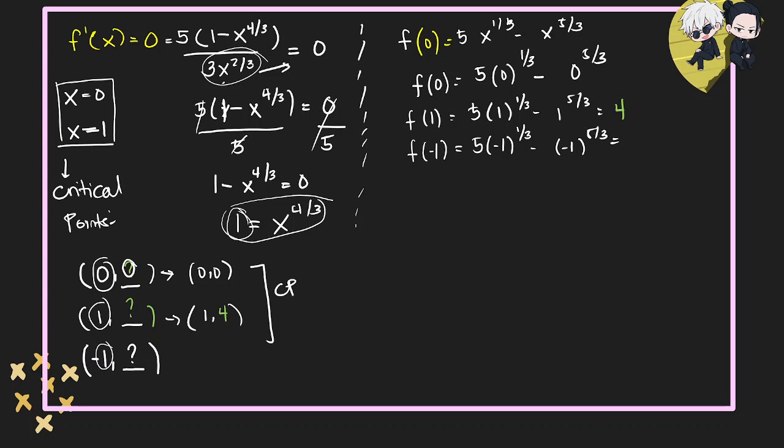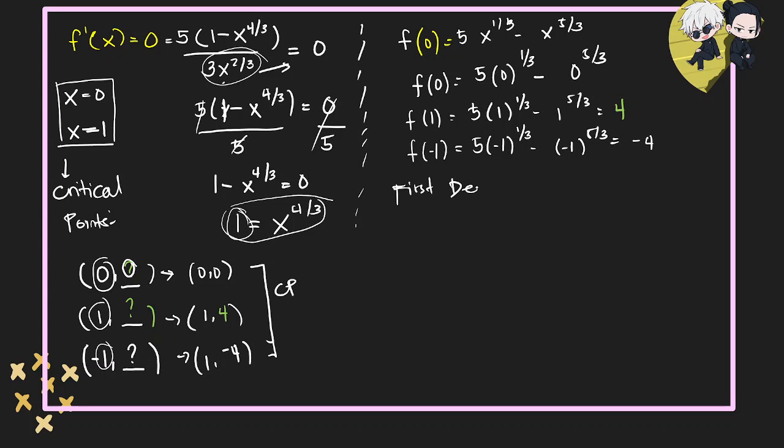So, the answer is negative 4 naman. So, yung isang critical point is negative 1, negative 4. So, we are going to test all of these points, no, to find the local maxima and minima using the